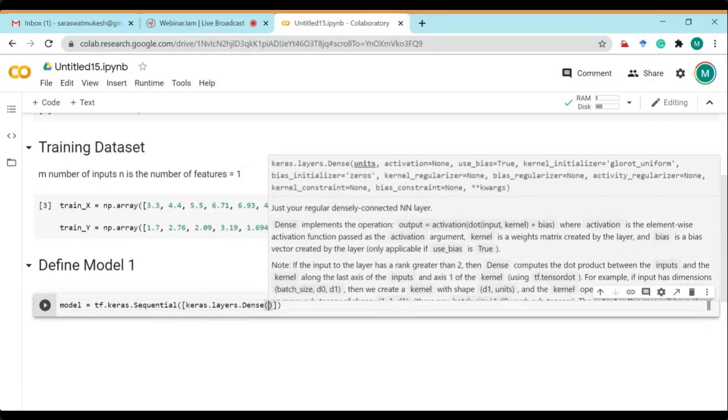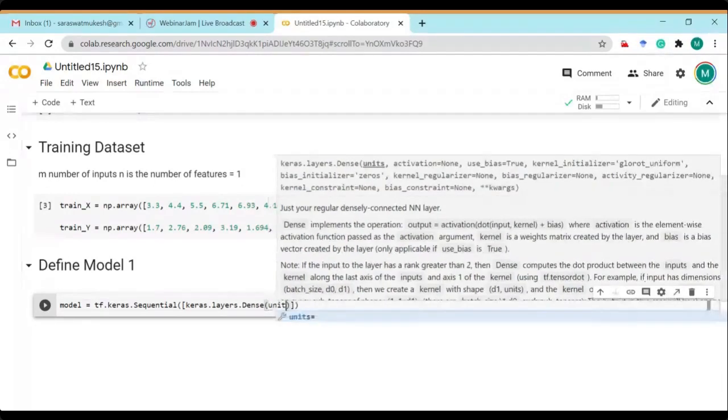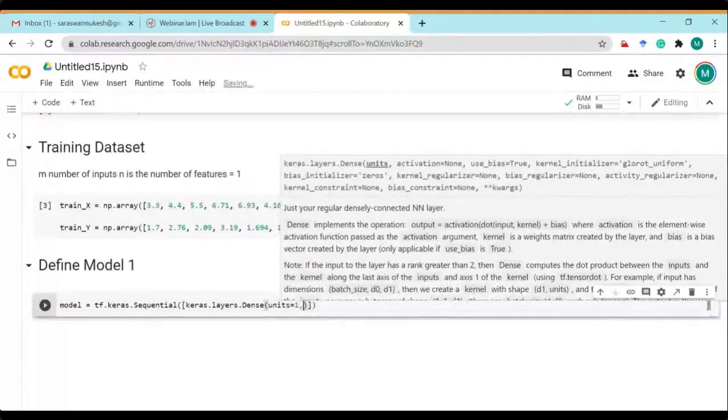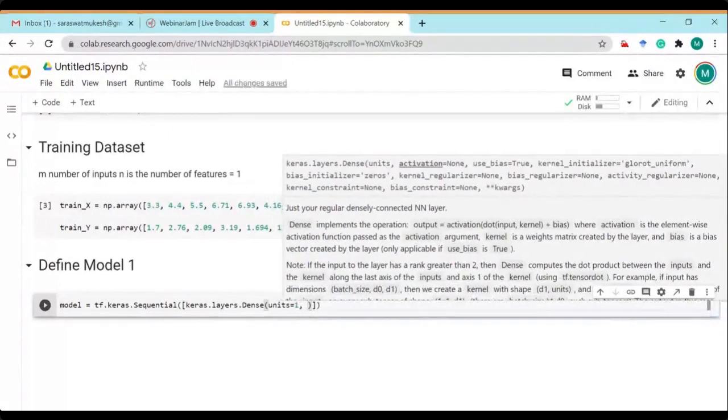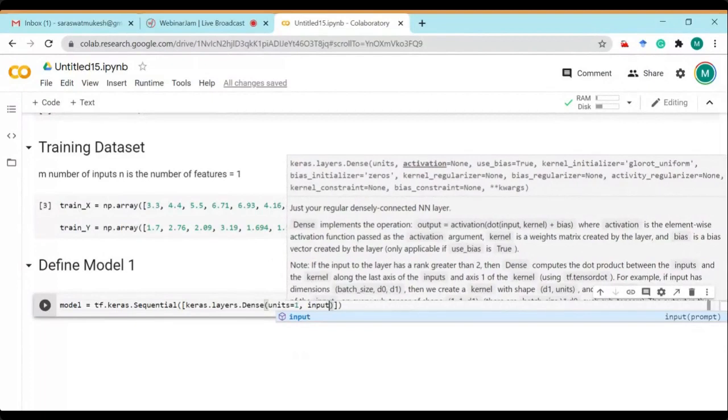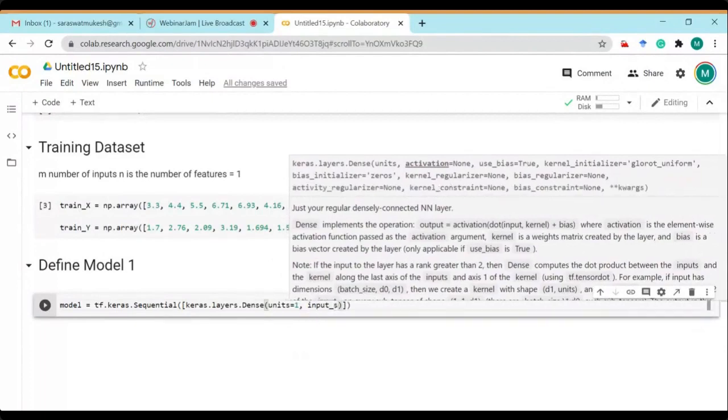Then we have to define the units. This is defining one layer. In this layer, you will see here it is showing units. How many units, how many neurons are you going to use? Here we have taken only a single unit, so we will just write one. Then we have to define the input to this layer. So I will write input underscore shape.